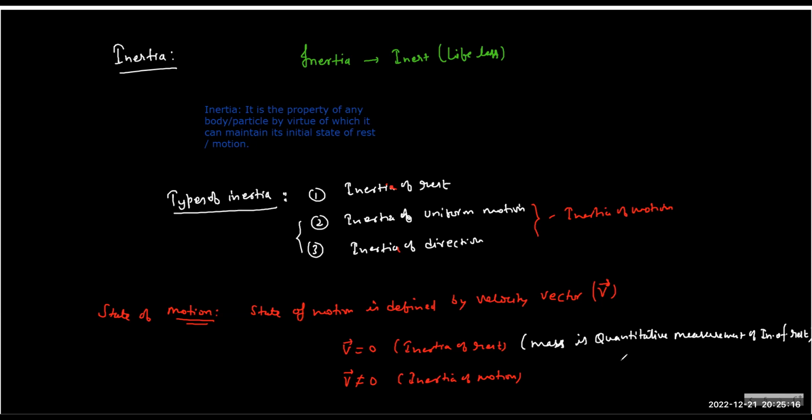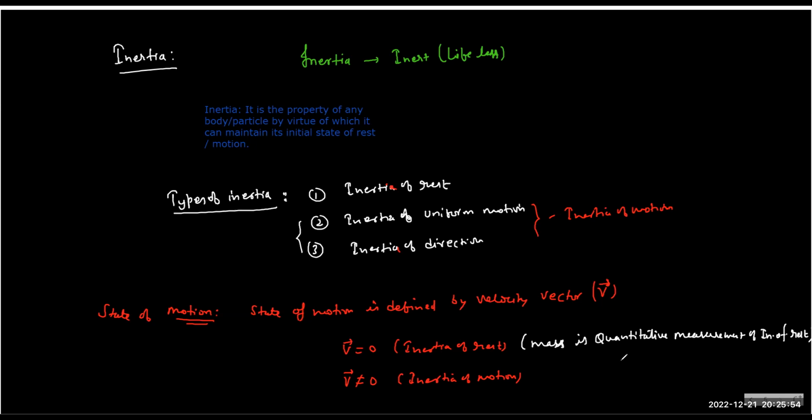So in which case is it easy to stop, when I throw or when I fire? You all realize this simple fact. But what you don't realize is that inertia is in action here. The faster moving bullet will have more inertia of motion than the slower moving bullet. So inertia of motion also depends on how fast or slow the object is moving. So definitely mass is not the only way to understand inertia.